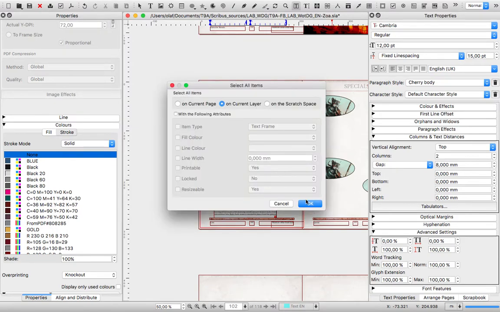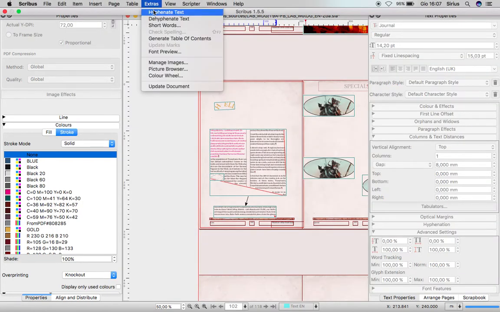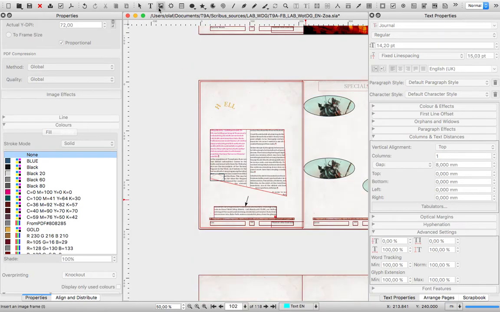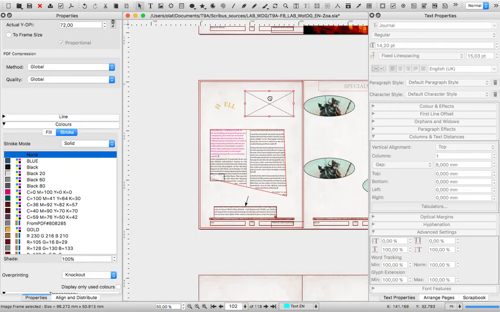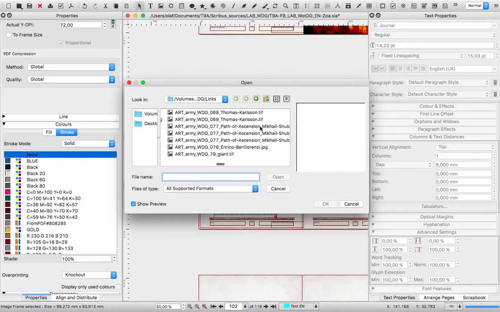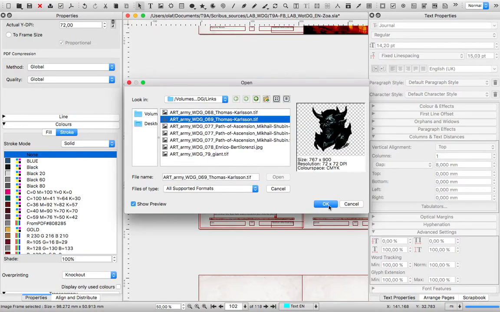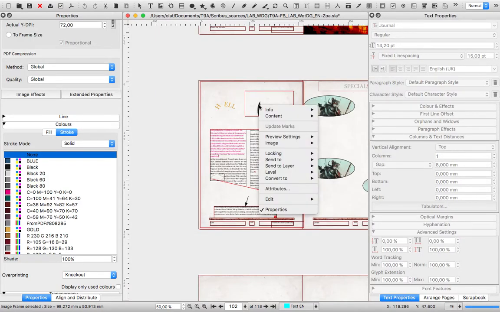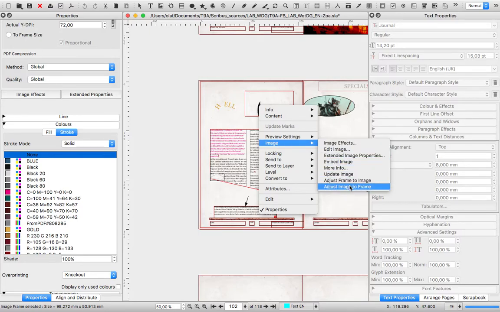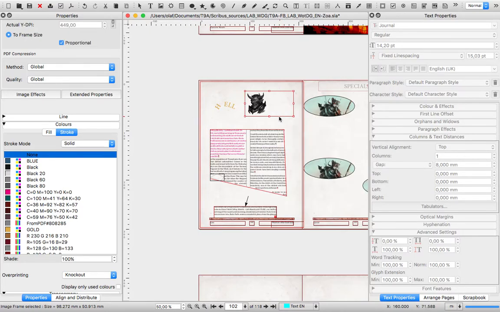Click and hold down the mouse button. Then drag it on the page. Finally, choose the image with a double click of your mouse and select your image. Otherwise, right-click the image frame and use Content, Get Image. This last bit will be useful once you want to change a pre-existing image within a frame.